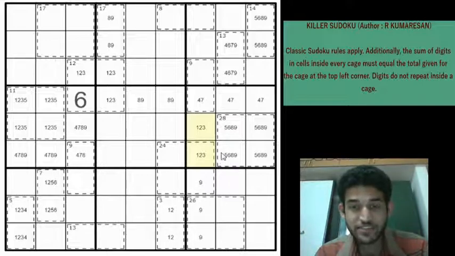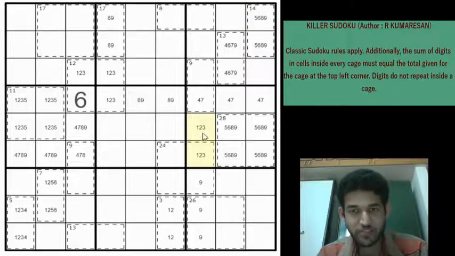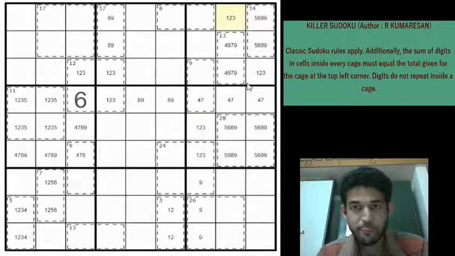Okay, now this is interesting because you have marked 1, 2, 3 in these 2 cells. Now 1, 2 or 3, it doesn't matter what goes into these 2 cells, but whatever is in these 2 cells can't be in these 3 cells, can't be here and can't be here. So they need to be locked here. What a logic. They can't be here and they can't be here because 1, 2 or 3 is not present in these cells. So they have to go here and here, but we just don't know in which order. But we know for sure whatever these 2 digits are will be in these 2 cells, right? And now we have locked a 1, 2, 3 triplet, so 1, 2, 3 cannot be in any other cells in row 3.